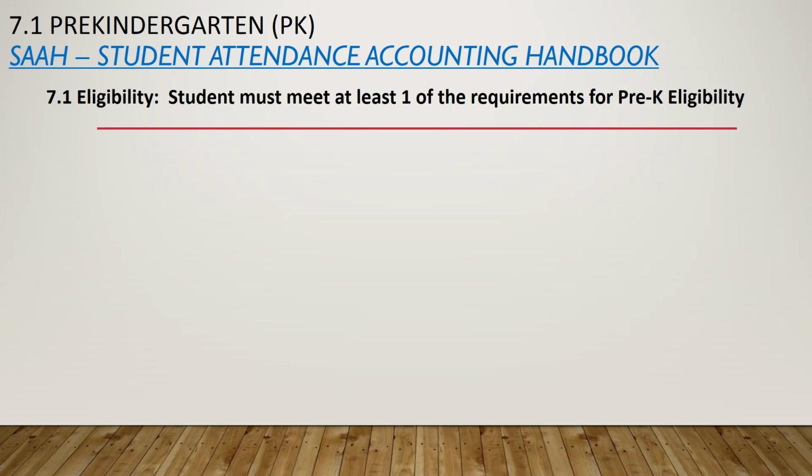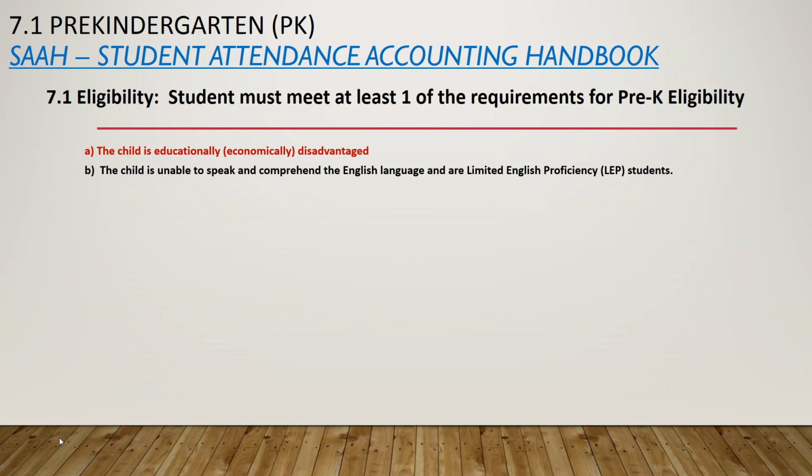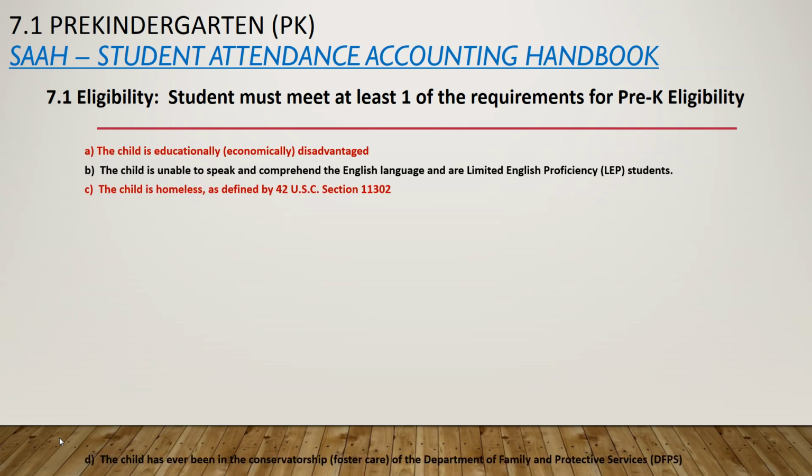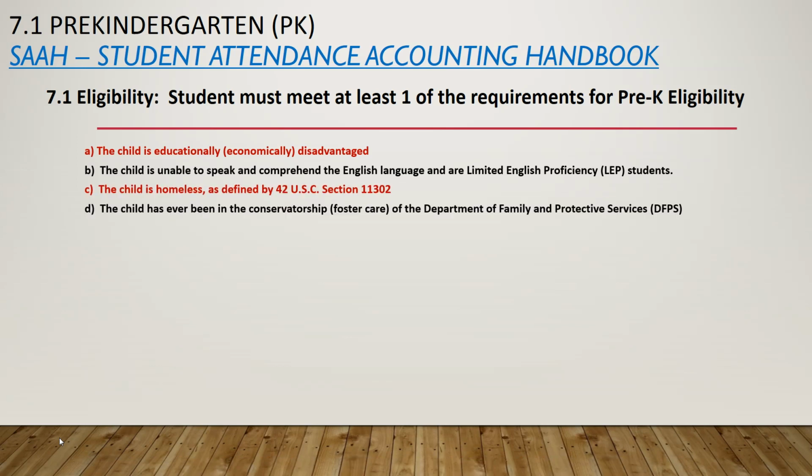We will begin with how a student qualifies for pre-K services. Students must meet at least one of the requirements for pre-K eligibility. This child is economically disadvantaged. The child is unable to speak or comprehend the English language and is limited English proficient. The child is homeless. The child has ever been in conservatorship, foster care of the Department of Family and Protective